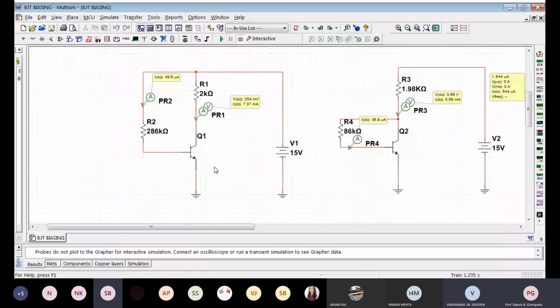Yes, sir. Is the Multisim screen visible to all of you? Yes, sir. Yes or no? Yes, sir.